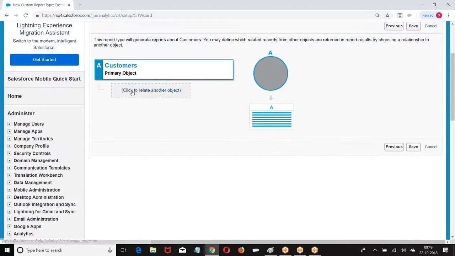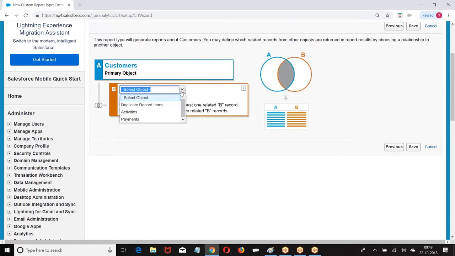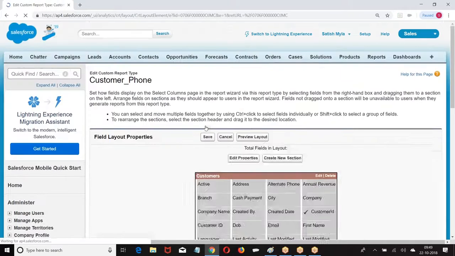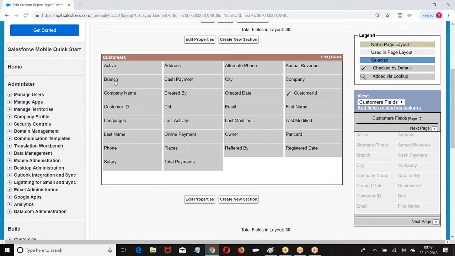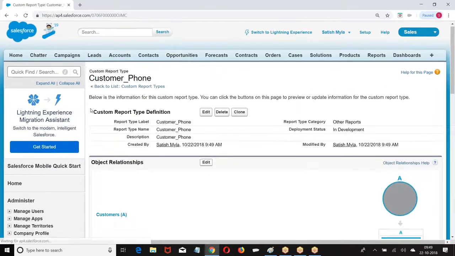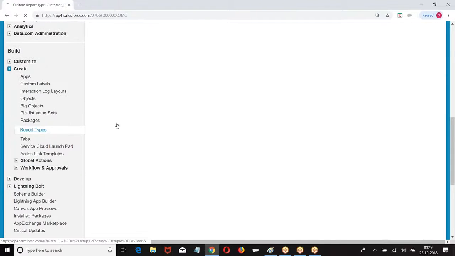Next, customer. In the customer, save, I'm going with the email. One report type I created. Let us go to the second one, customer email.